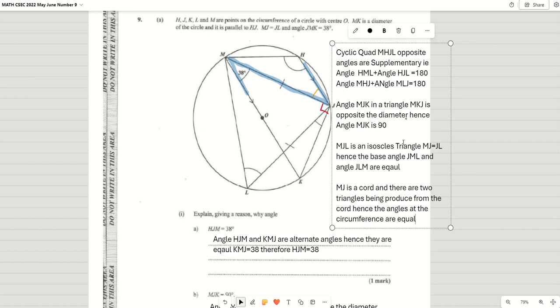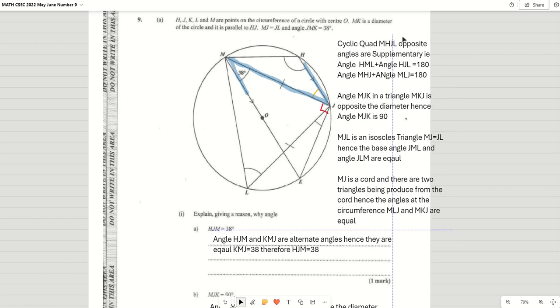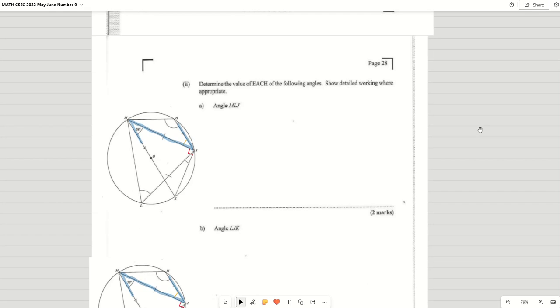Alright, so the two angles at the circumference, that is angle MLG and angle MK. Now again, I forgot this rule, but it's just to explain this right here. We want MJL, so we have nothing else in MJL. However,